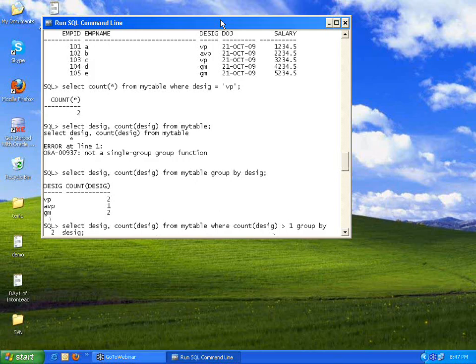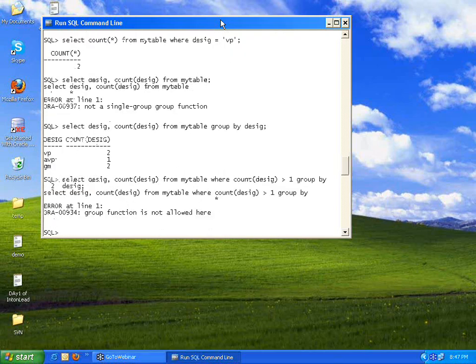designation. So I gave a valid condition, but it says a group function is not allowed here; count of designation greater than 1 is not allowed. Grammatically, English grammar wise, I don't see any issues. Where count of this designation is more than 1, which is valid. But one of the important points in select clause is, if you are using an aggregate function, for example, I want the designation and its count.